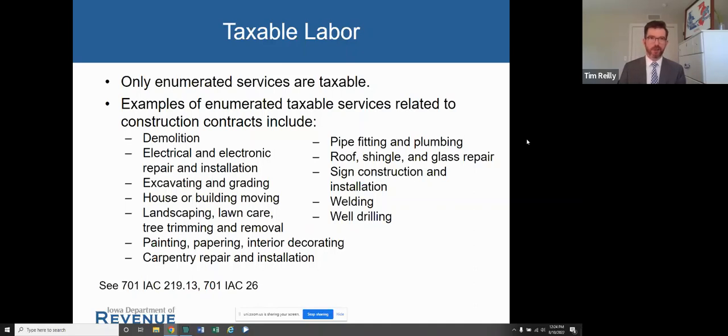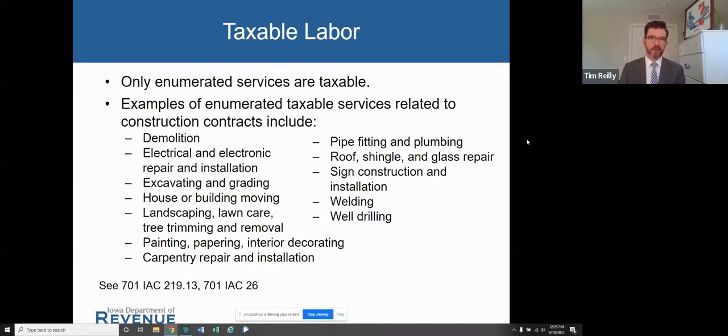Taxable services used in construction contracting is highlighted in Rule 219.13. It's a long rule, but there's a lot to cover here on this subject, so make sure you take a look at that. And also Chapter 26 of our rules, the whole chapter gets into quite a few of these taxable services, because they don't apply just to construction contracting.